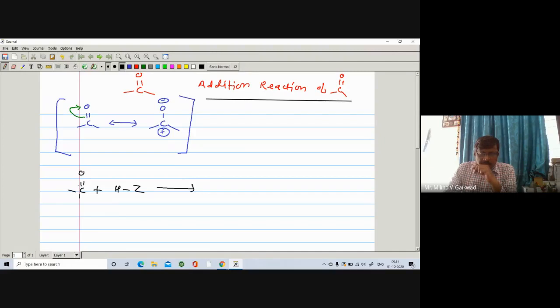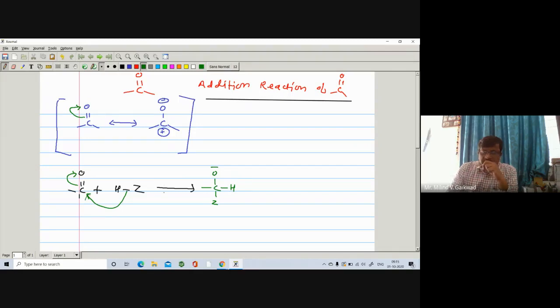So what happens? This pi bond opens on this oxygen. Why? Because oxygen is more electronegative. So O gets negative and C gets positive. So this Z negative will attack the C positive. So here the first step is nucleophilic addition, and here there is a formation of O negative, and here the Z attacks, and this H is already as it is. So the first step is nucleophilic addition, right? Nucleophilic addition,